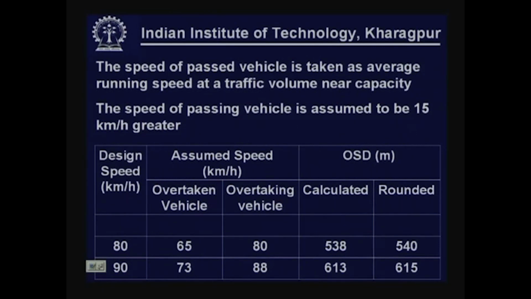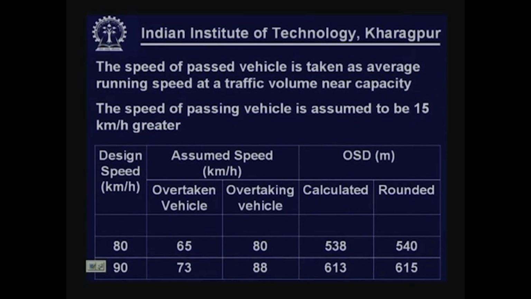That means, when the volume of the traffic stream is at or near capacity, the speed of the traffic stream is taken as the speed of the passed vehicle. So, a relation is established. Then the speed of the passing or overtaking vehicle is assumed 15 km per hour higher than the speed of the passed vehicle. Considering that, as shown in this table, the OSD